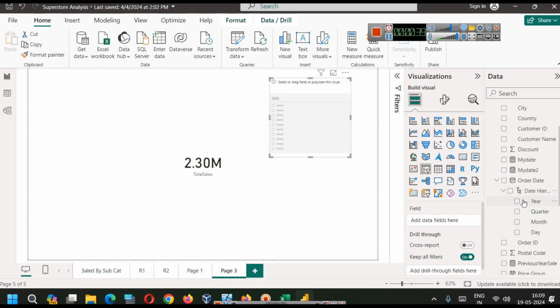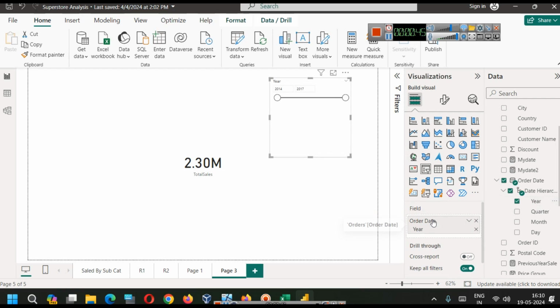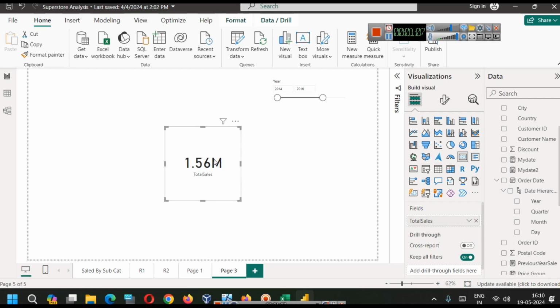What will happen is if you just want to add year in the slicer, just drag year as the slicer. Okay, so it will show data of 2014 to 2017. If you just want to show 2014, you can do this, right? You want to show 2014 and 15. So as you can see, this slicer, although the calculated measure that we created is an aggregate value that is applied on all rows, but with this context filter, what is happening right now is,